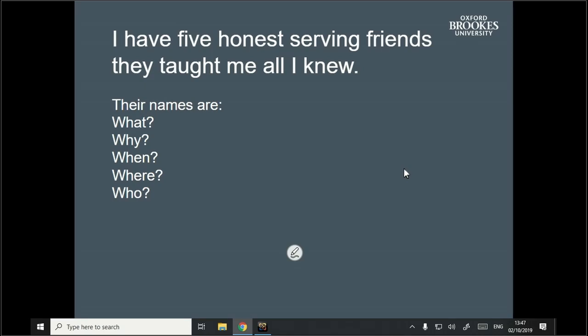So I always think of this. I have five honest serving men. They taught me all I knew. Their names are What and Why and When and Where and Who. Keep those simple words in mind when you're assessing and critically analysing any results that you get. You'll be safe with those in mind. And that will help you with the reviewing, because that's what you're going to have to do when you write your literature review. When you get your article or your book or whatever, think of what